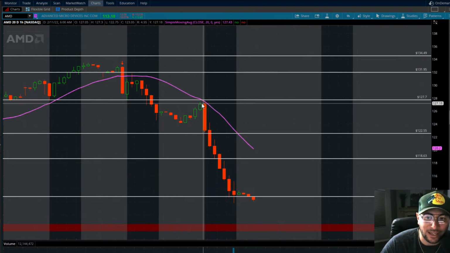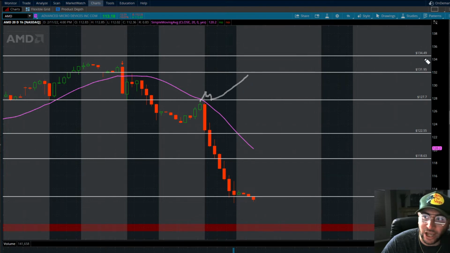So with that taken into account, I knew that if we could not push above, and let me bring up my drawing tool, if we could not push above in the pre-market and then consolidate and hold this level as a backtest to possibly push higher into the next resistance zone of 131.95, I knew potentially there was going to be some downside. So what I was looking at in the pre-market and going into the first hour candle of the day, I noticed we started to sell off.